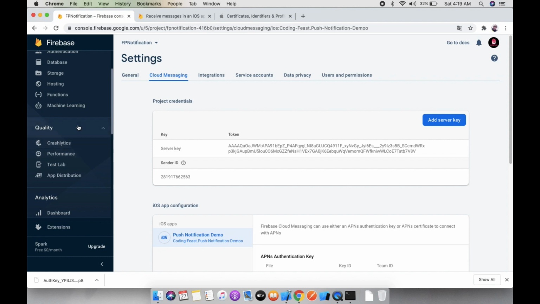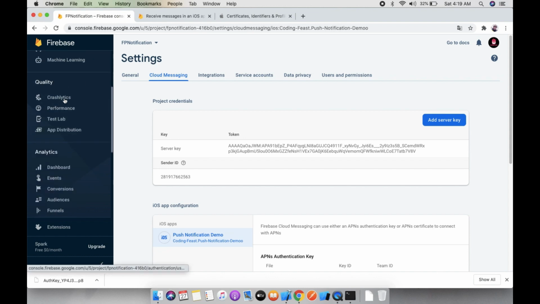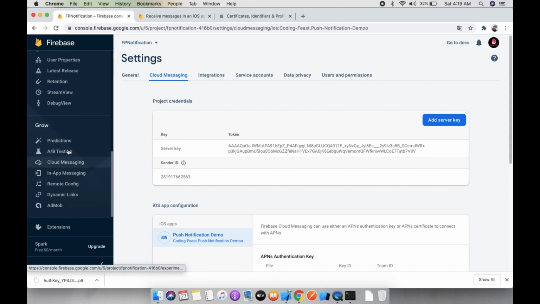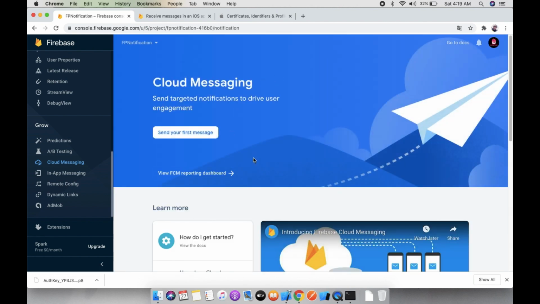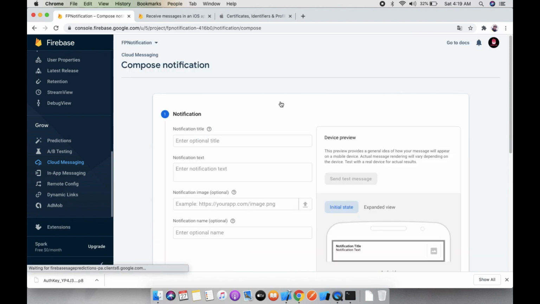So for this we need to go to the right section, go to the Grow section and click on cloud messaging. And here you can see cloud messaging, send targeted notifications to drive user engagement. Send your first message. Let's click on it.